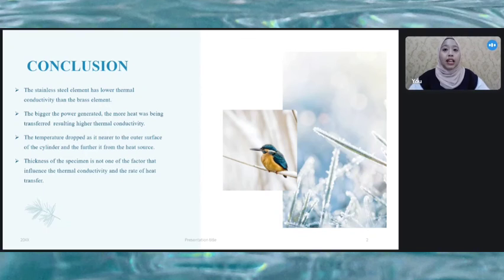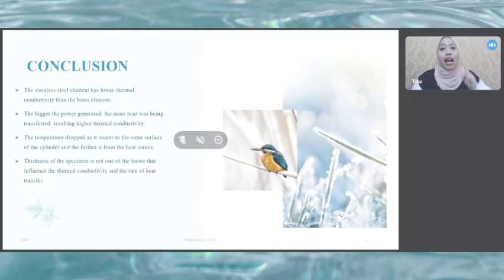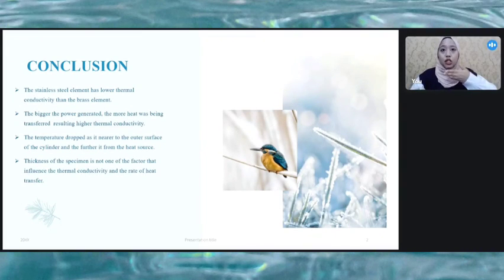The factors that influence the process of comparing two different materials involve increasing the power input. The bigger the power generated, the more heat was being transferred via homogeneous and composite bars, and this will result in higher thermal conductivity. In closing, the nearer it is to the outer surface of the cylinder,